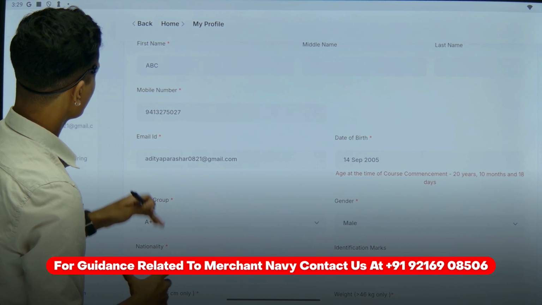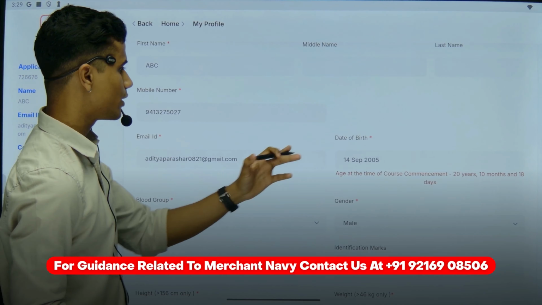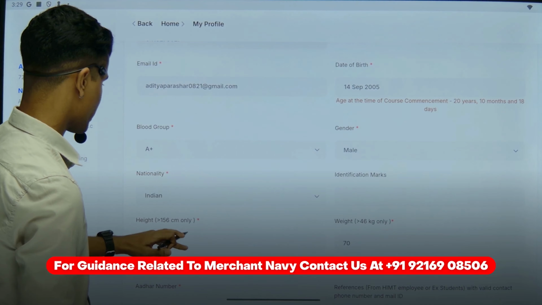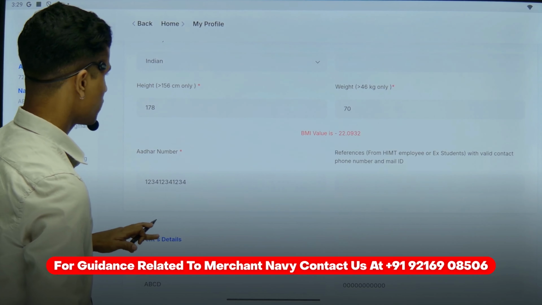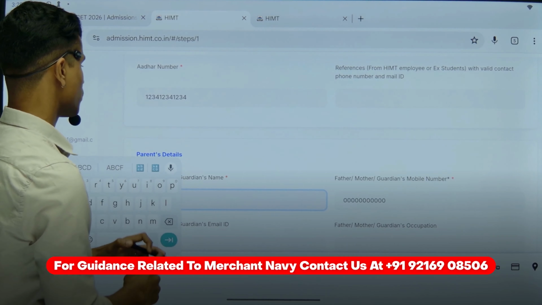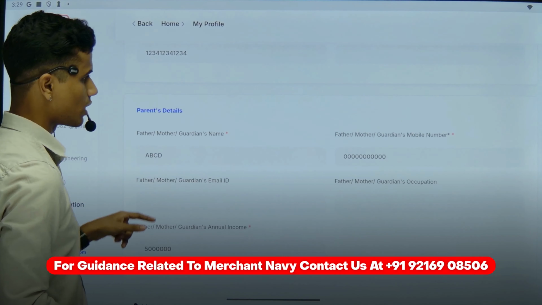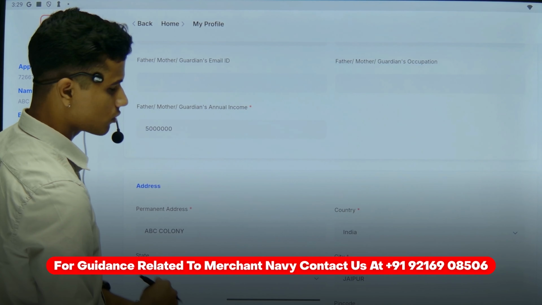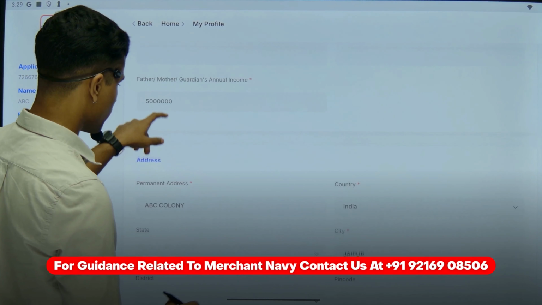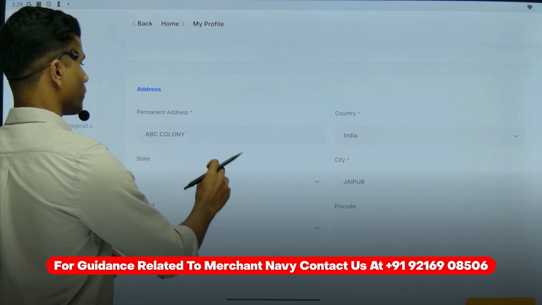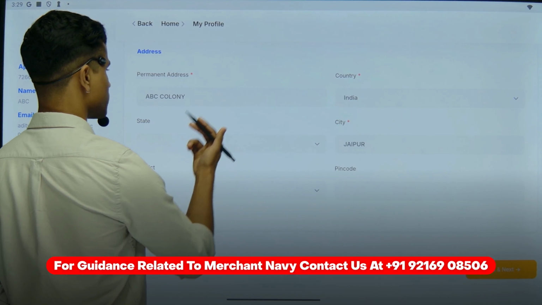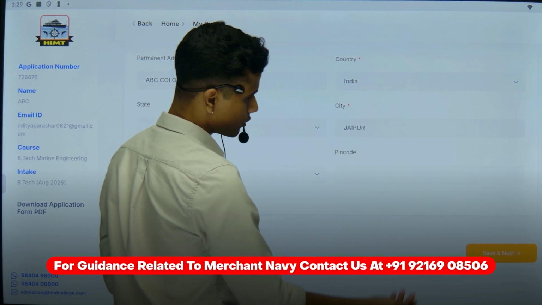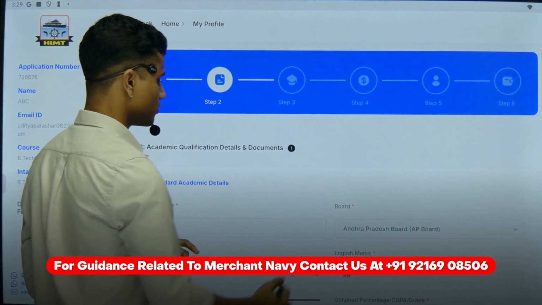So your first name, your mobile number, your email id, your date of birth, then comes your blood group, your gender, your nationality, your height, your weight, your Aadhaar number, then comes your father, mother or guardian's name, their mobile number, and your father's or mother's or guardian's annual income, then your permanent address, country, state, city, pin code, your district. Once you fill all of these, make sure everything is correct, then you just click on save